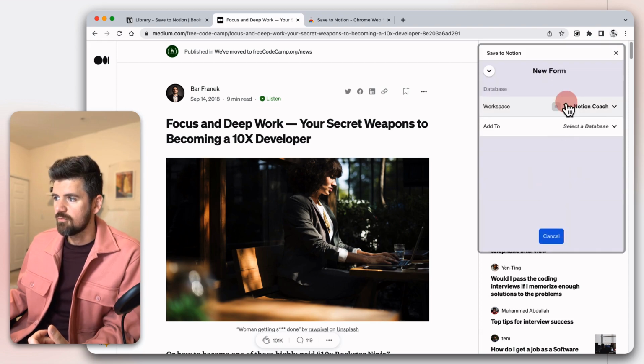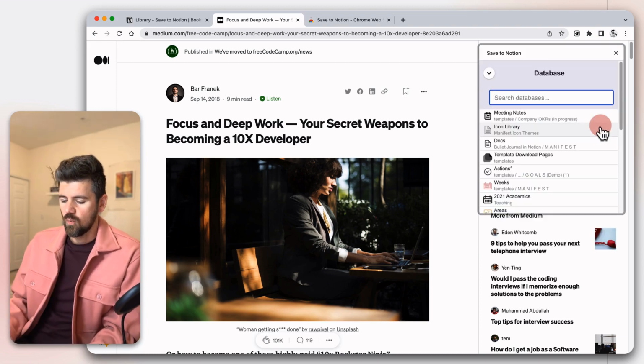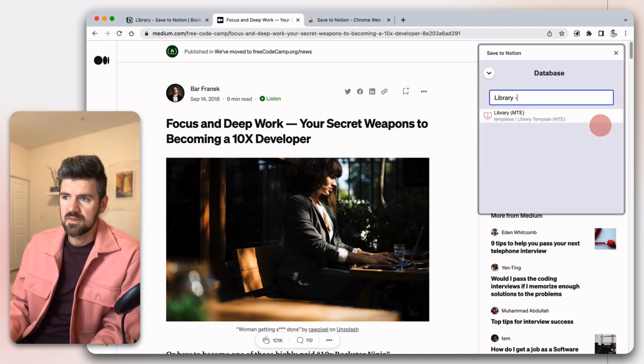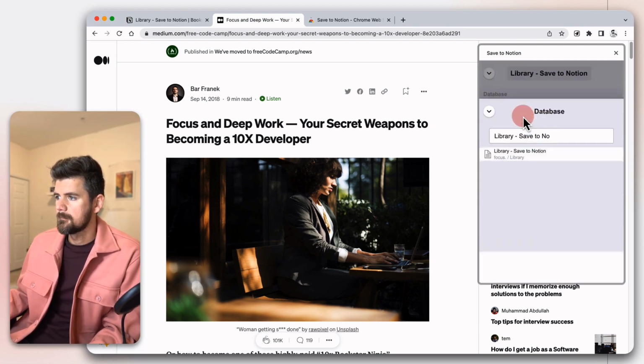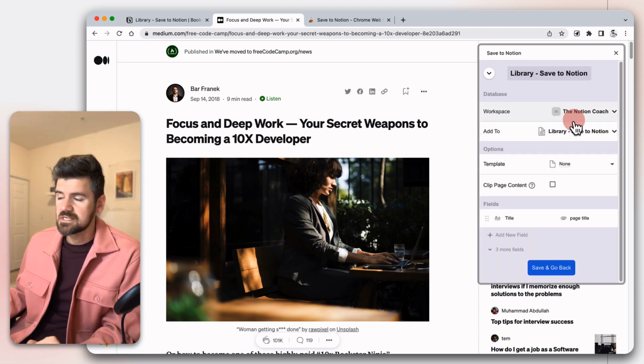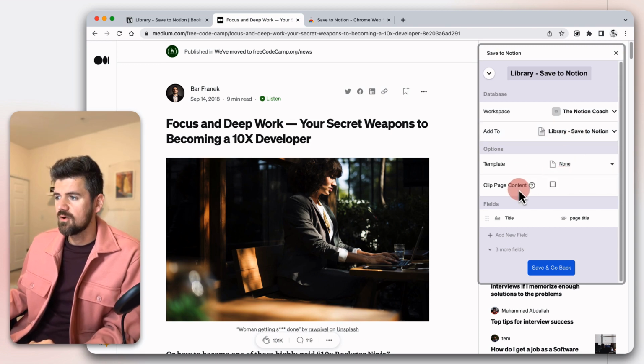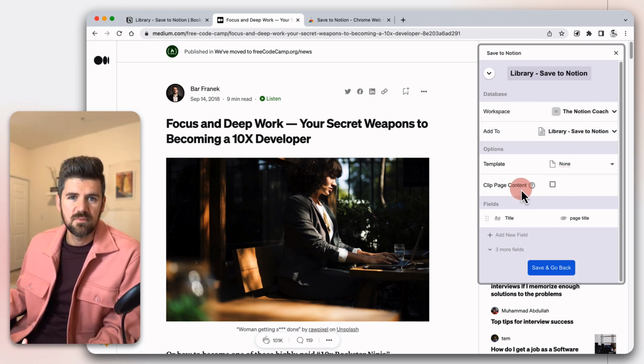So I'm going to click Add a Form, and here you just want to double check that the workspace is correct. You just want to confirm that, and then from here we're going to search for the name of the database and make sure that that comes up here. Cool, so we've got this connected to the database, and now we can decide what information we want to bring